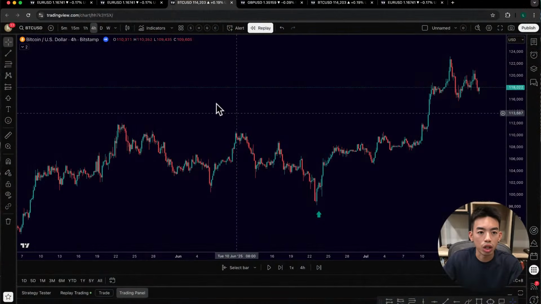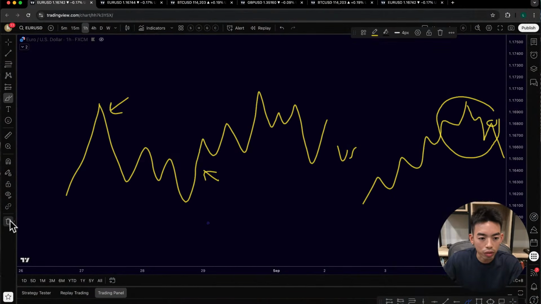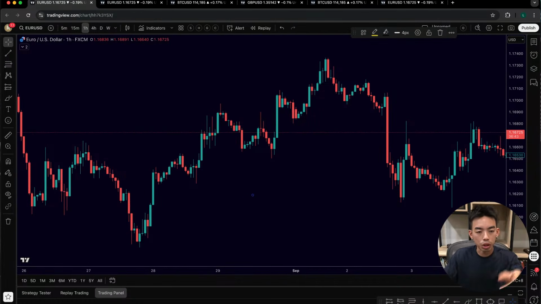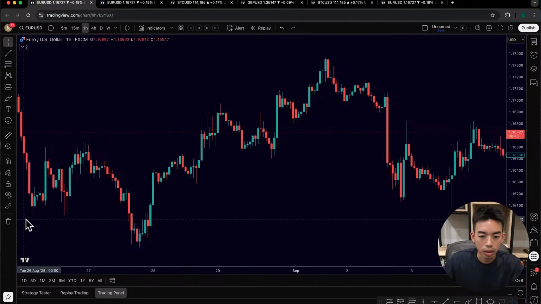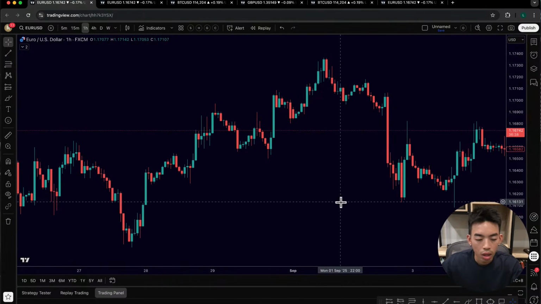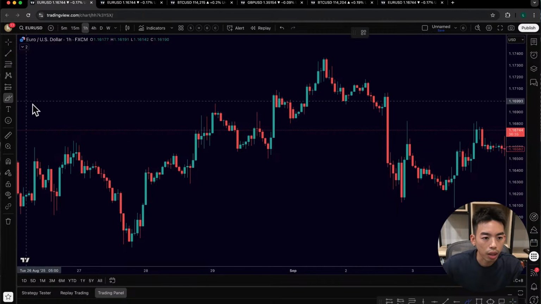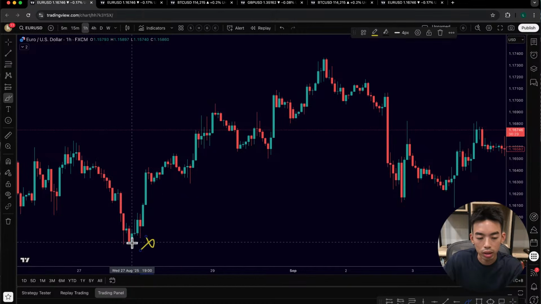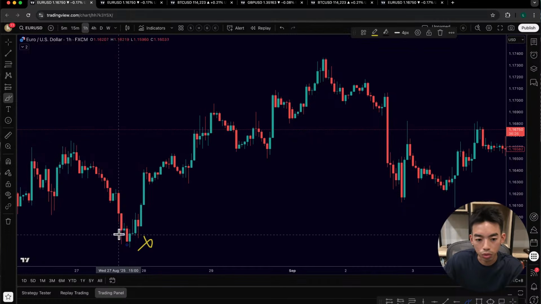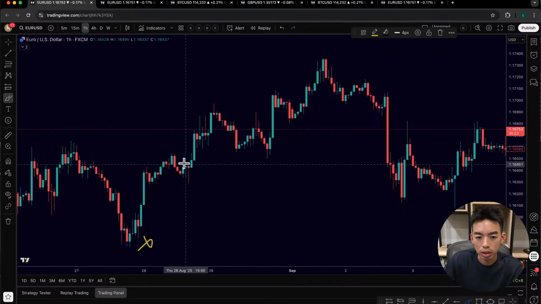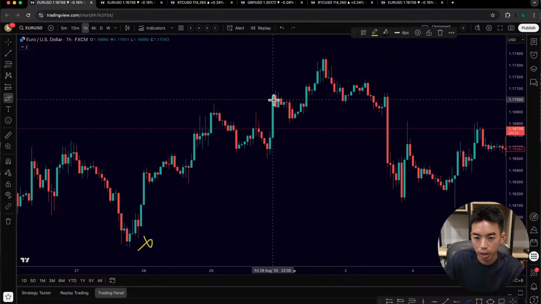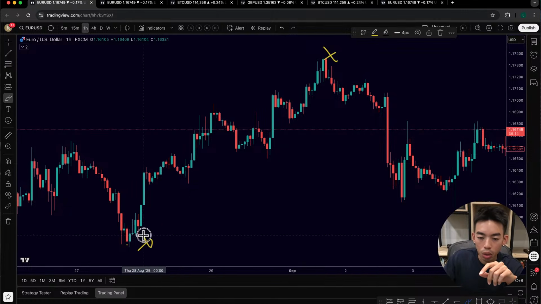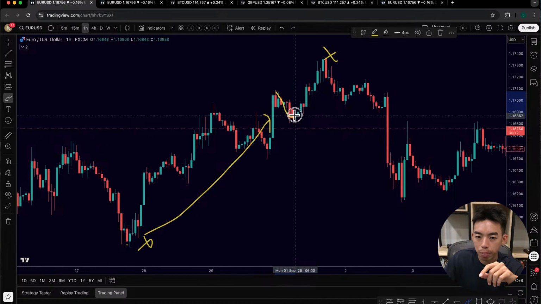So let's jump back onto the charts and let me show you a couple of very simple examples where you can very quickly get a good understanding of it. Let me show you an example of a trap on the Euro USD 1 hour time frame. Now, as we're looking at this market, I want to put your attention to this area right here. Initially we came from a move down, and then we continued the move up. This becomes a trend, and I want you to focus on this area right here. As we are going up here, focus on what happens.